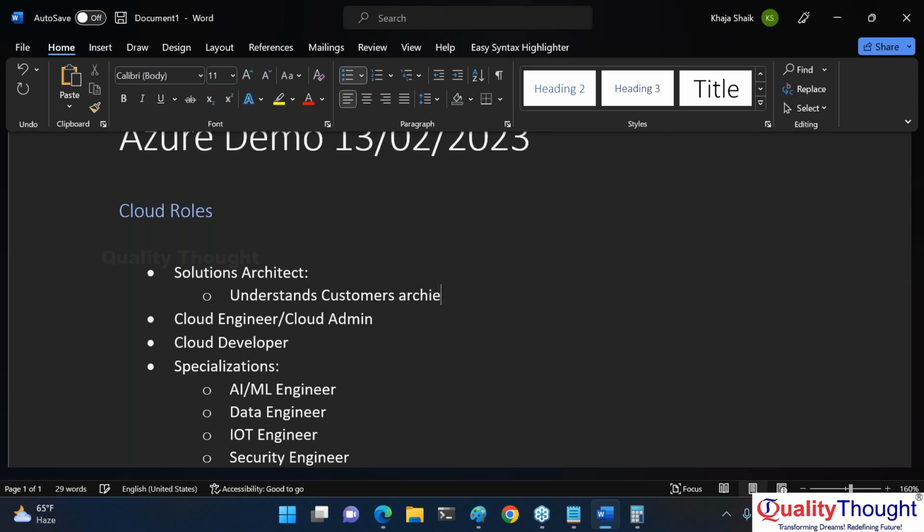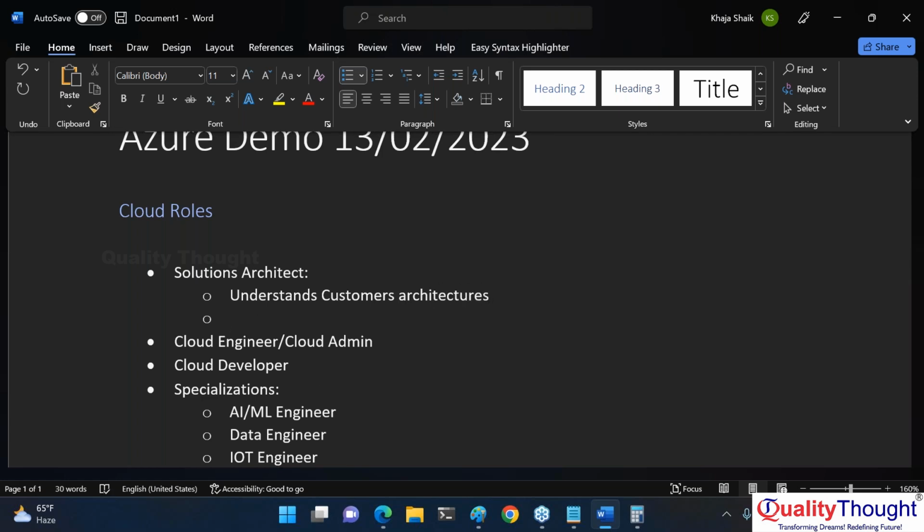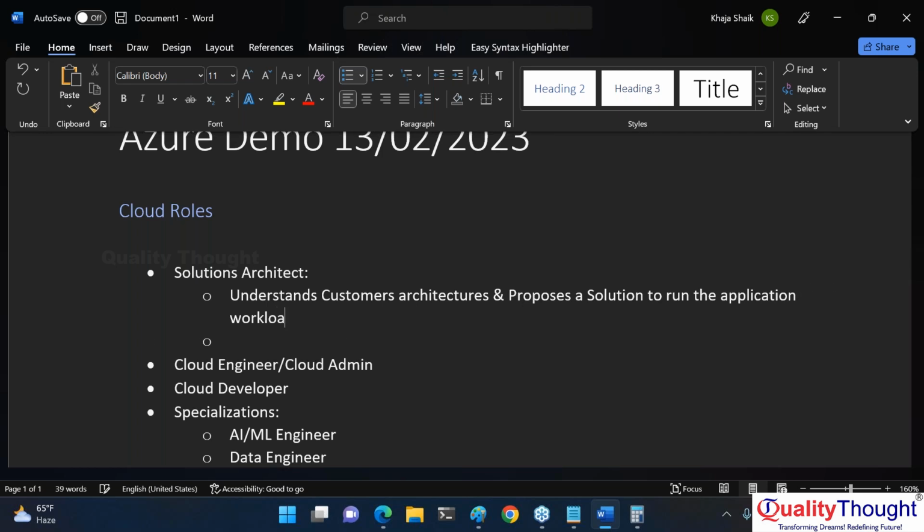This person understands customers' architectures, and proposes a solution to run the application workloads in an optimal way. So optimal way could be, your organization might have said that I want to focus on costs. For me, performance is not really a matter.